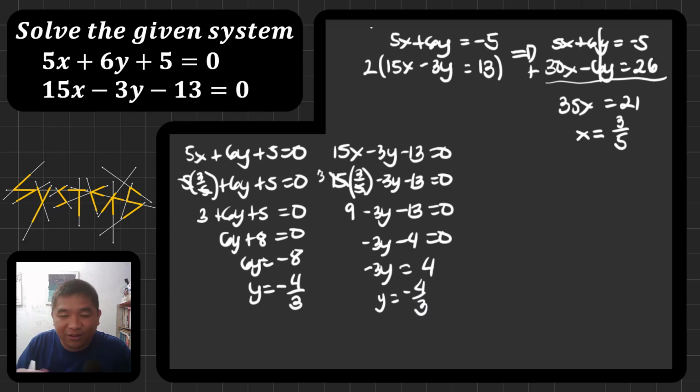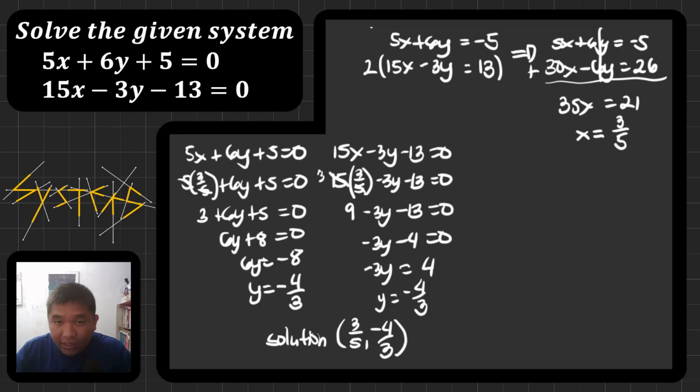Since both result to the same answer, you can now say that your solution is x being 3/5 and y being negative 4/3. If ever, just if ever, the first value of y is negative 4/3, the second will be not negative 4/3. You only have two situations. Number one, probably you have an error in substituting, or second, of course, there's no solution. Now, this already ends the process of solving this, but if you would like to join with me further,